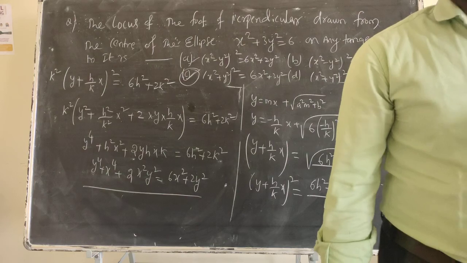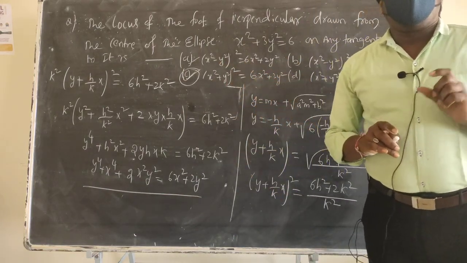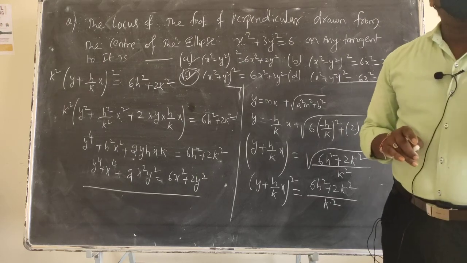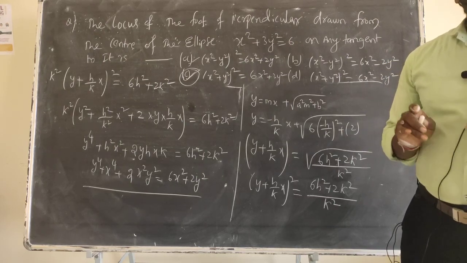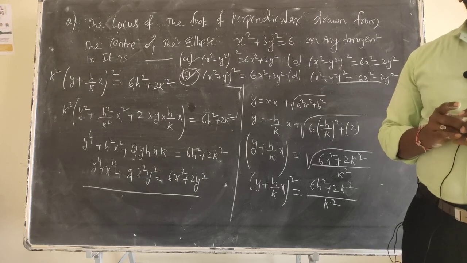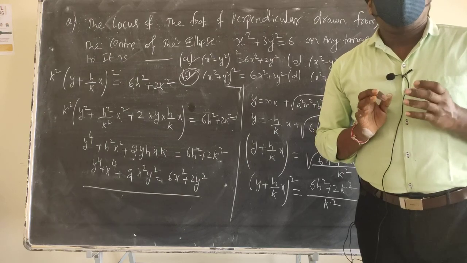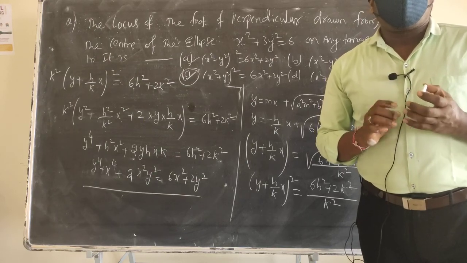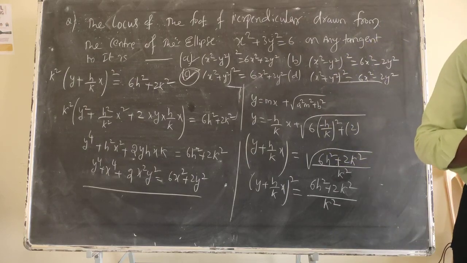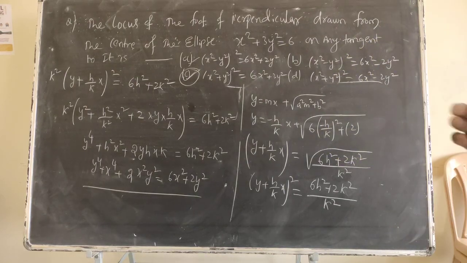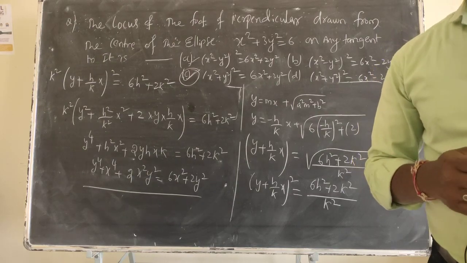So tomorrow we are going to complete this chapter on ellipse and family of circles. It is a small 15 minute topic, and that I will explain tomorrow. So ellipse, circle, parabola, straight lines, pair of straight lines, all we have completed. Only hyperbola is left in conic sections. That will take 3 to 4 days, then this chapter will finish. Okay, bye, take care.